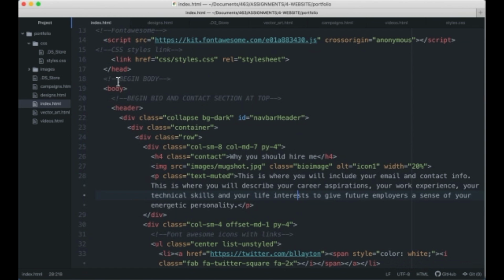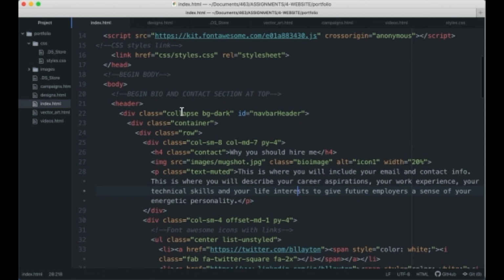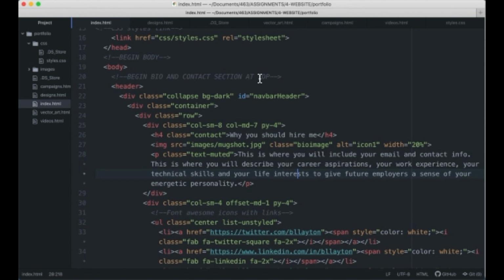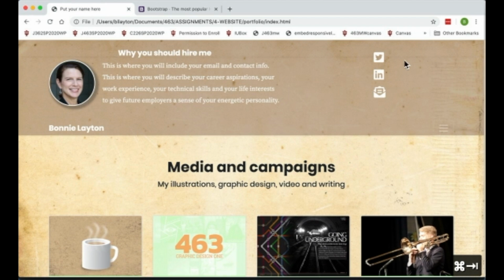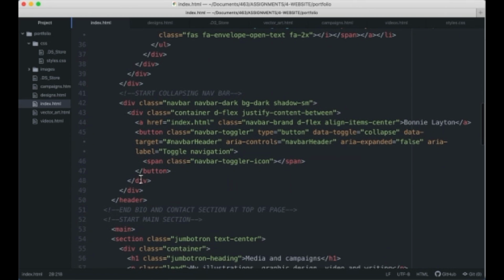Now we begin the body section. And I've commented these sections individually so you can follow along. The body starts with the bio and contact section at the top. That is, again, this part right here. So here are your Font Awesome icons. Here's an image that you will replace and the information about your own biography. Then we're going to start